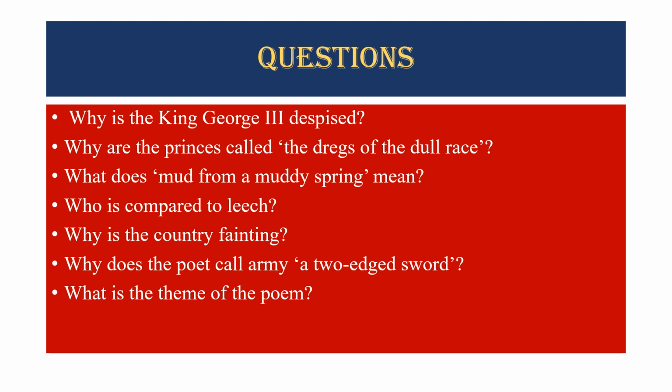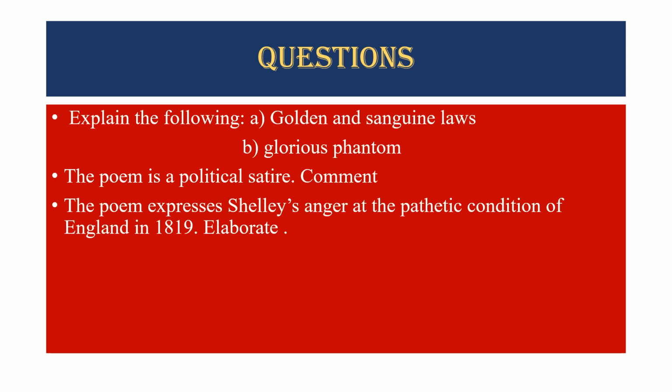What is the theme of the poem? Explain the following: golden and sanguine laws. Glorious phantom. The poem is a political satire. Comment. The poem expresses Shelley's anger at the pathetic condition of England in 1819. Elaborate. Please do try these questions, and if you are not